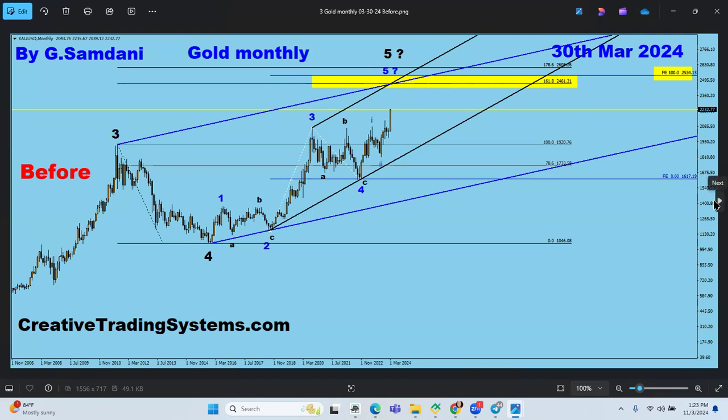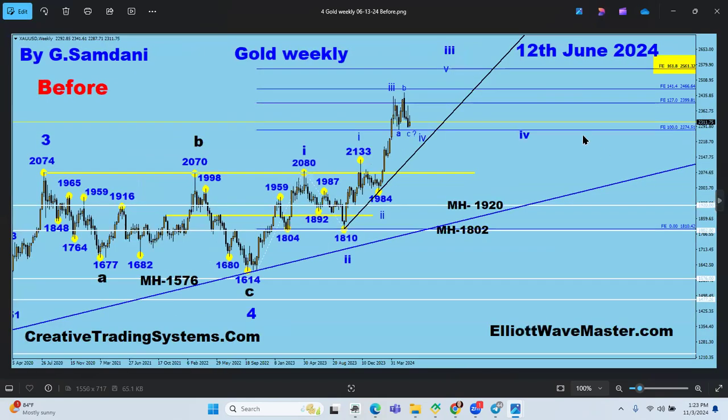Then it started to go even more, and then I made this chart in June 24, and I said, well, now maybe wave 3 only. This wave 1, 2, 3, 4, and then 5, right? So this wave 3 probably will end 2561 area, somewhere there. Then we will drop for wave 4, and then we go for wave 5, right? So this was the chart in June 24.